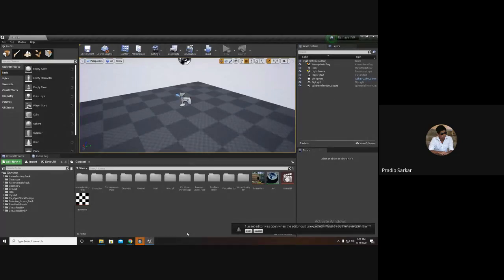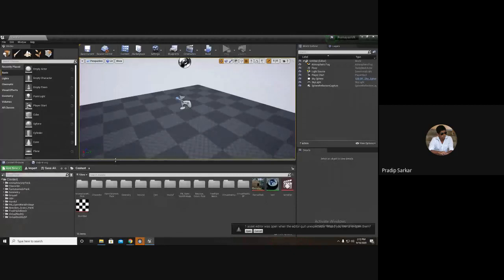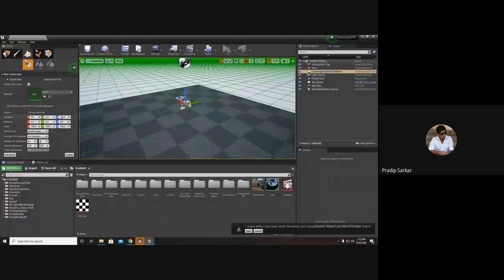Now we'll look into some of the advanced material, that is landscape material, and how to make a landscape, and how to make the trees and the grasses and all those things. I'll show you. So again, first I have to create a landscape.